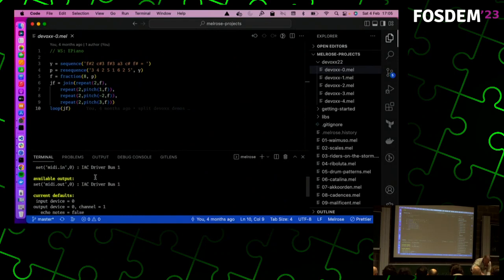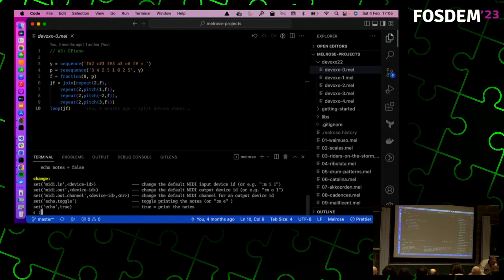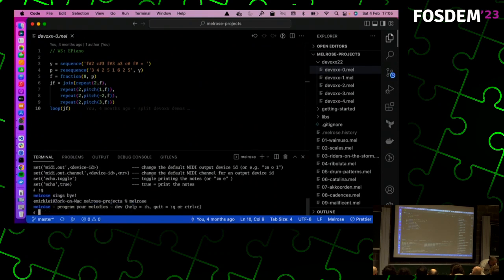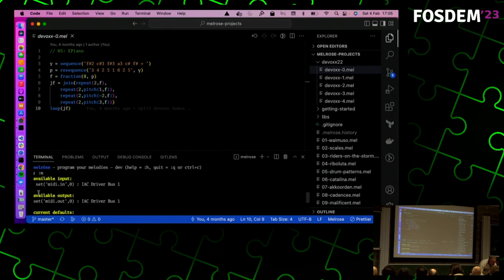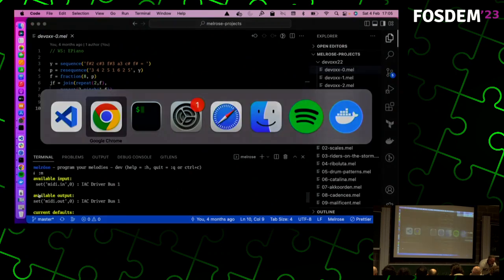Sorry about that. Okay, give me a minute. Just restart the tool. Let's see what kind of MIDI devices there are. I think there it is. It's on one.